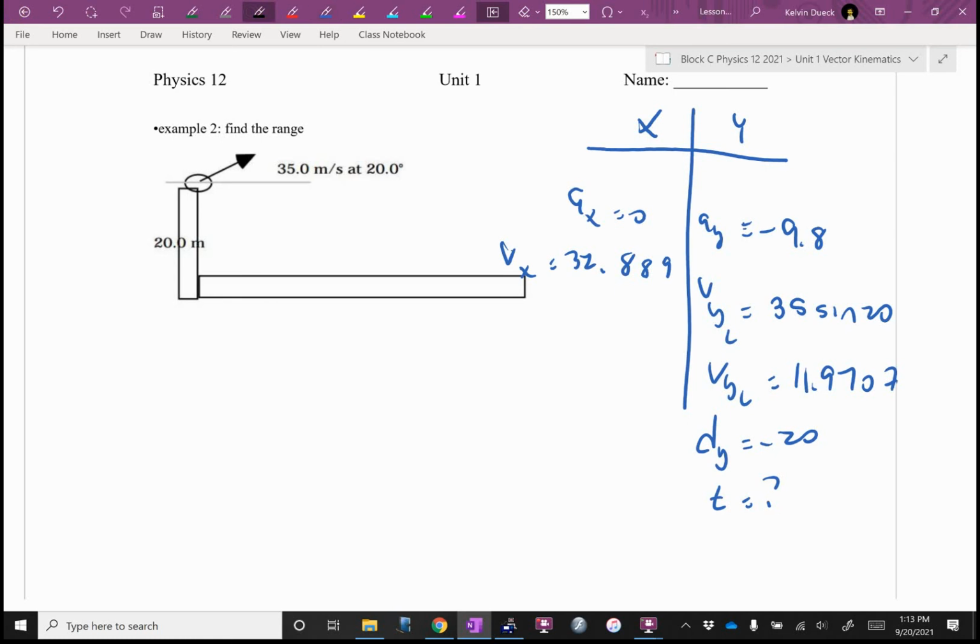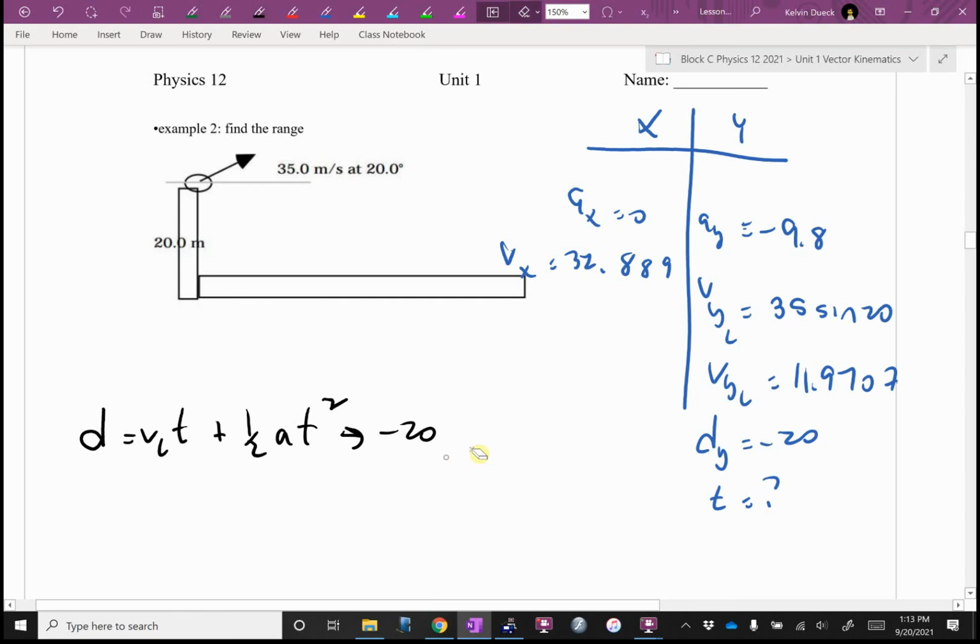Well, okay. I guess it's going to be negative 20 plus or minus, no, Mr. Duke, we're still plugging it in, equals VI, 11.971 T plus a half A